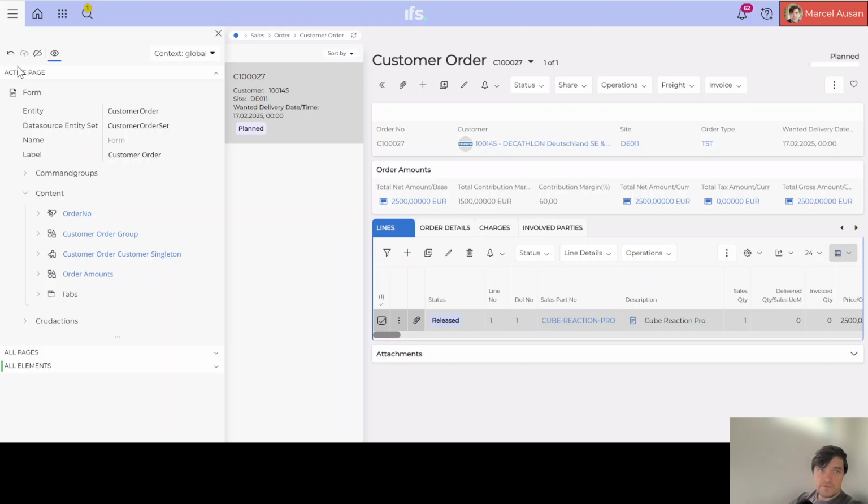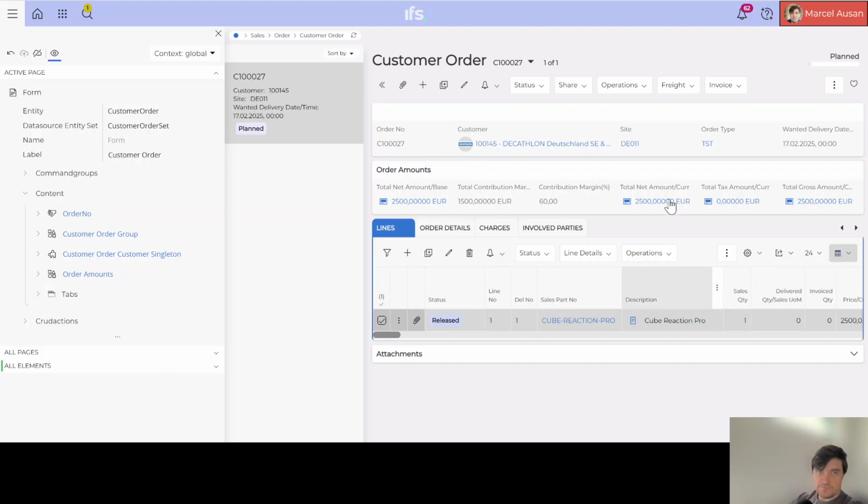And then we have some more fields here which will be relevant whenever we do some changes. We can publish them. There will be a save button as soon as we do a change, and that's very useful. Then we come down and we see the active page that we are in is the main form of